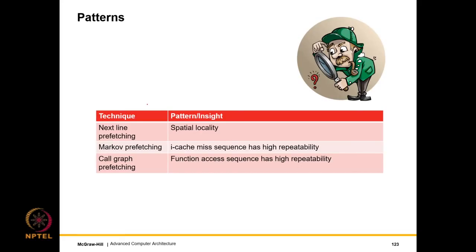So what we do is we maintain the frequency of pairs. So it could also be n previous misses and the next miss. Or we can make it generic. We can say n previous misses and m subsequent misses, right? Where n and m can both be greater than 1. So we can make it generic. Different variations of this idea are possible. But the important point over here is that nevertheless it's a Markov sequence, which follows from the idea of Markov chains in probability theory.